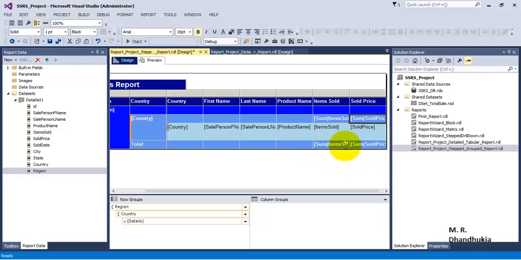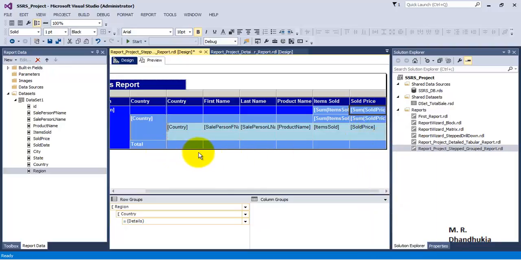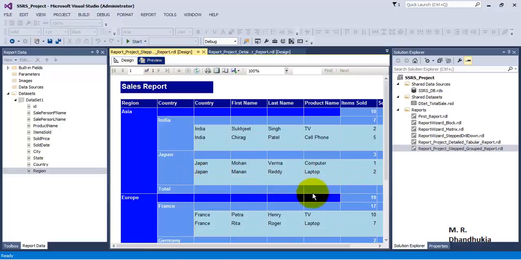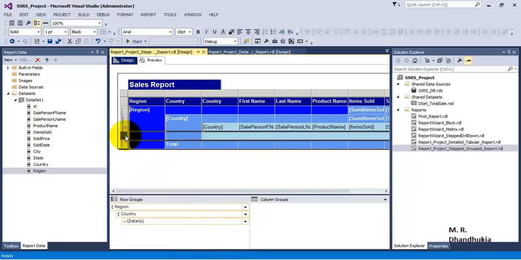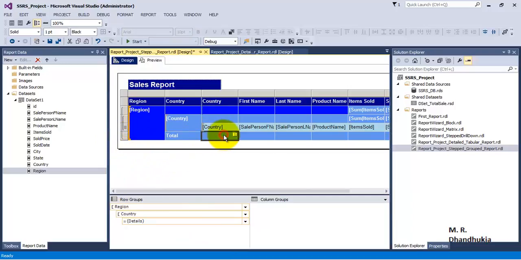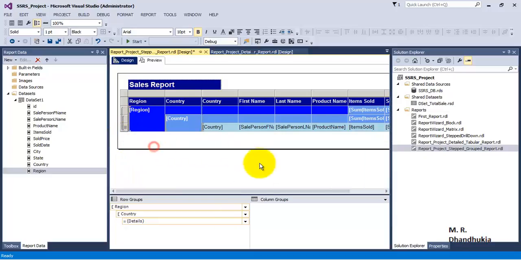So let's go and copy this cell. Let's paste it for region. Again, let's go and copy this cell and let's paste it over here in region. Right now, if you observe, we don't require these extra rows, like this one, these are extra rows being added. So let us go select that row. Okay, this is the row, right click and delete row. Similarly, we don't want this row, so let's select this row, right click and delete this row.